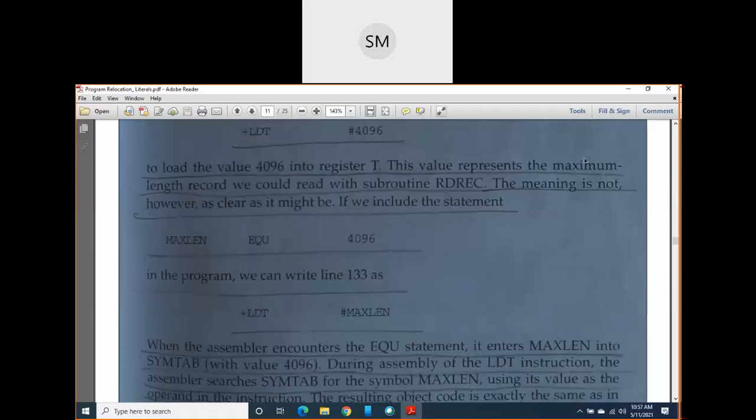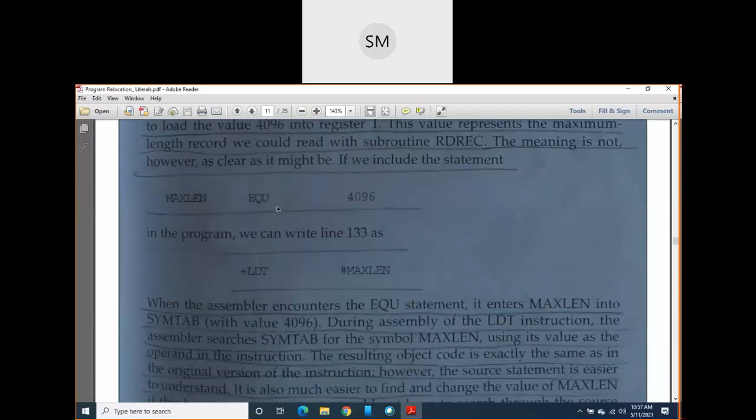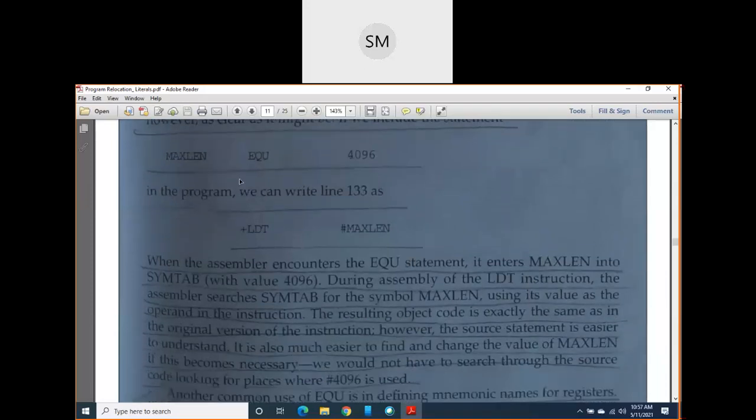And sir, how can you tell that it is a maximum length only? It can be a minimum length also, no? It may be minimum, it may have 4096 characters, and it may be like that also. But how exactly should I make it clear for the programmer, or for the assembler, or for some other programmer? Whoever is reading my program should be very clear about what it indicates. So to make it clear, I am going to use this EQU assembler directive here.